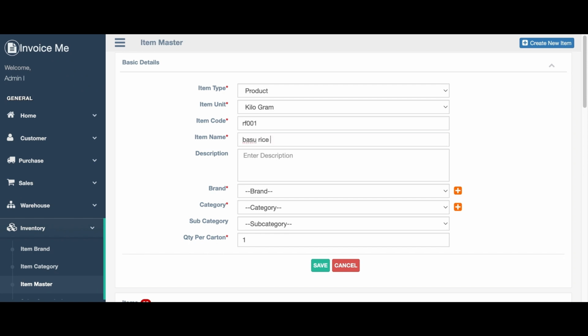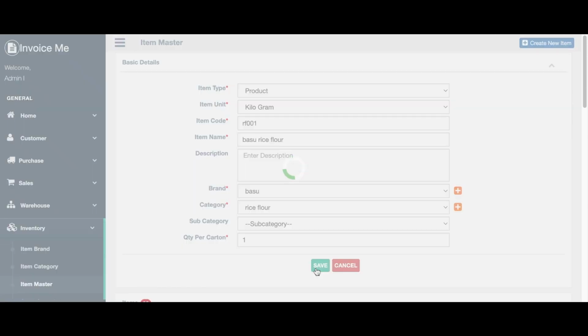Enter item code, correct item name and description. Select brand and category of the item you already created before. Save the item and the listed items can be viewed in the list. You can edit and view the item from there. To create the next new item, click on